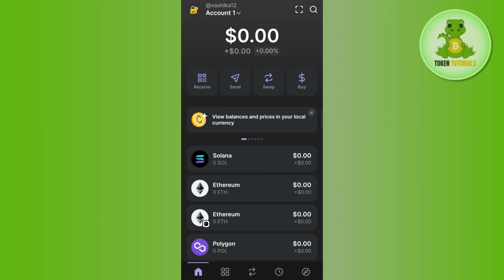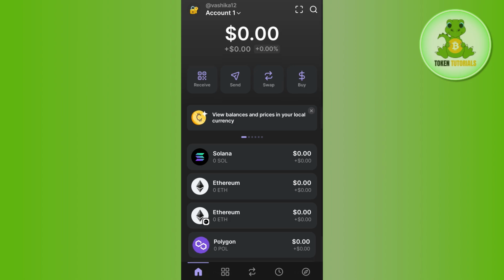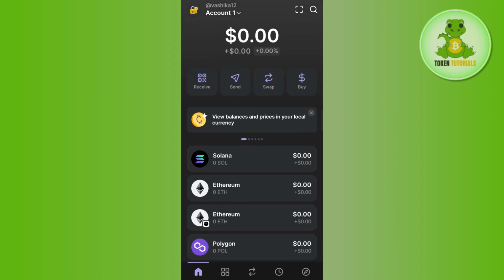In today's video, I'm going to show you how to fix a Phantom wallet failed to authenticate error. There are a lot of people facing these types of errors in Phantom wallet. So here I'm going to give you some troubleshooting methods that you can use to fix this issue. First of all, you need to check whether your internet connection is good or not, because sometimes